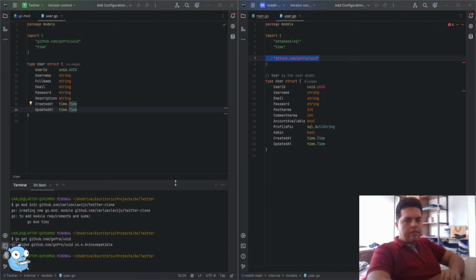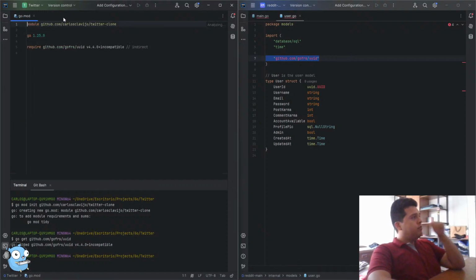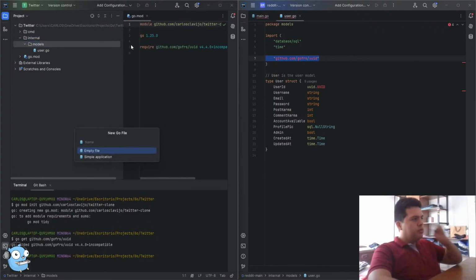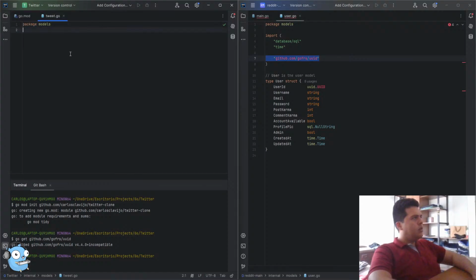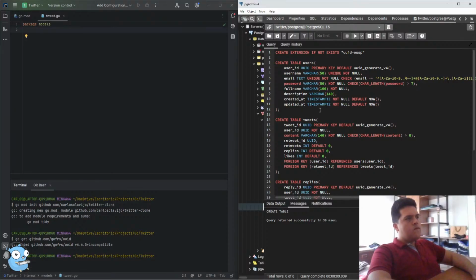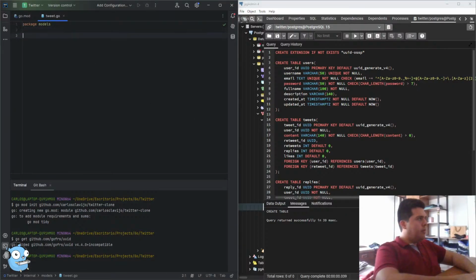Hello, I'm back. Okay, we made the user model, and then we are going to make the tweet model. The tweet has type struct tweet struct and